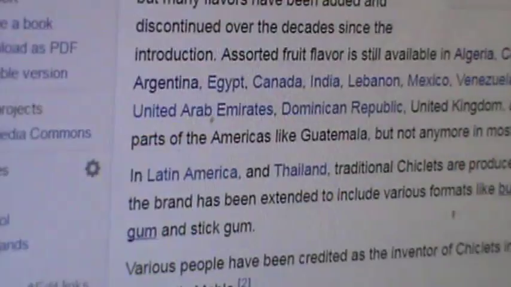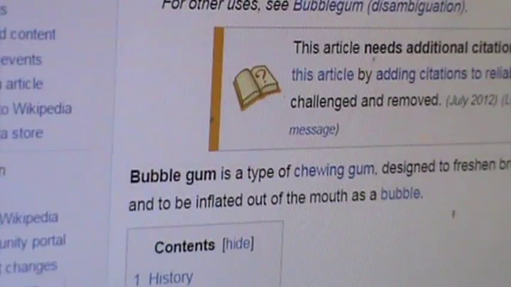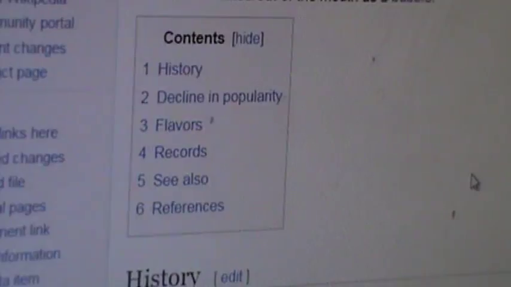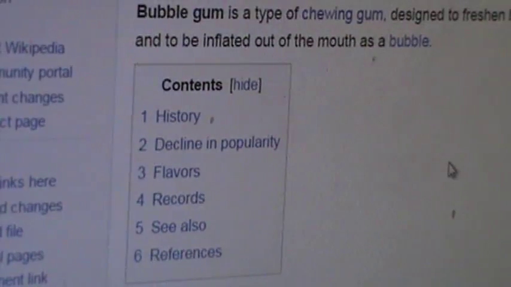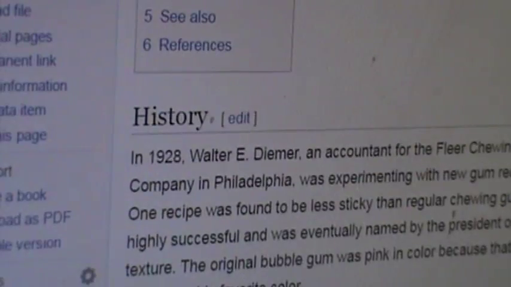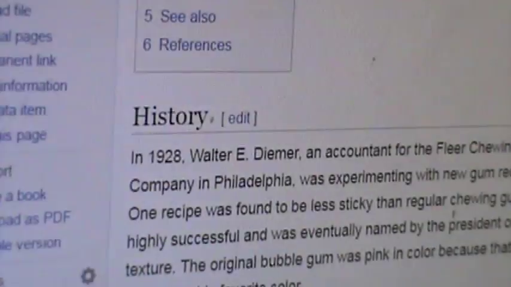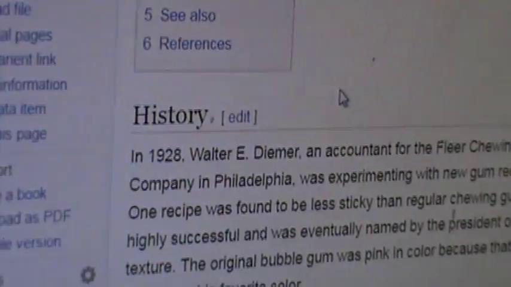So I'm very excited that we've solved bubblegum. There it is. A lot of happiness, a lot of friends, a lot of fun, a lot of laughs, a lot of joy. And as a result of all that love, people get married, and they have new babies, and eternal souls get created, and then God is all sovereign over this. Oh, apparently it was created by a guy named Walter, which is Father. Like Walter Disney. Walter E. Dimer.